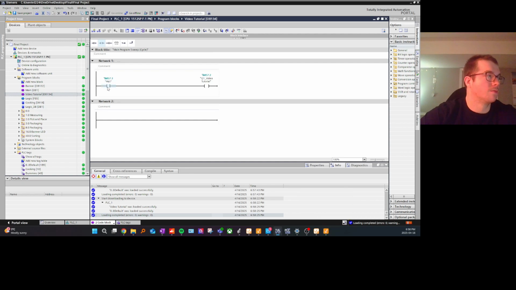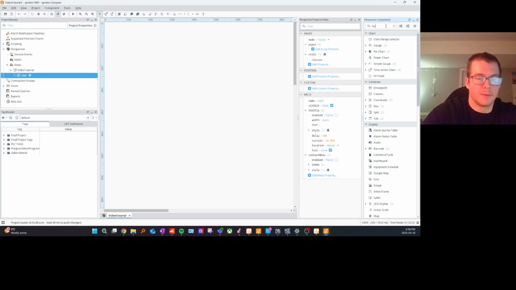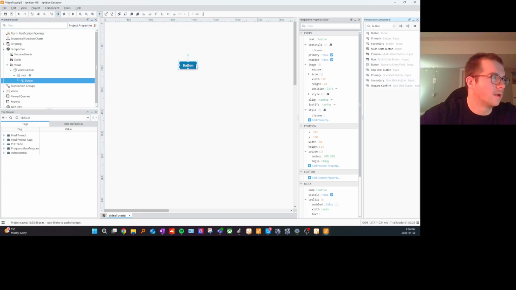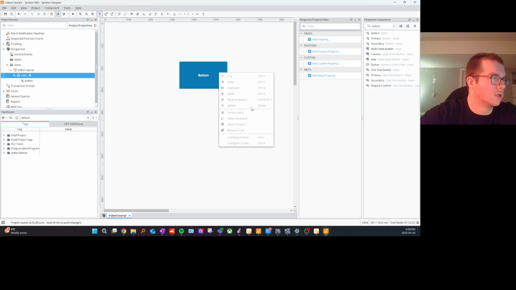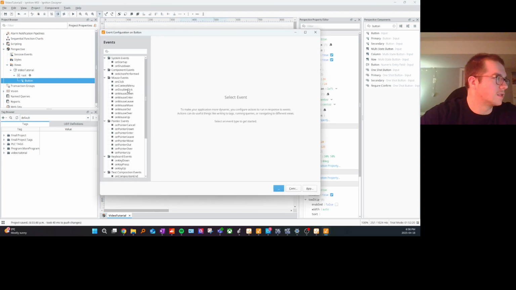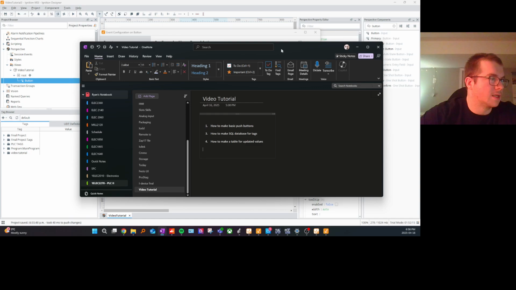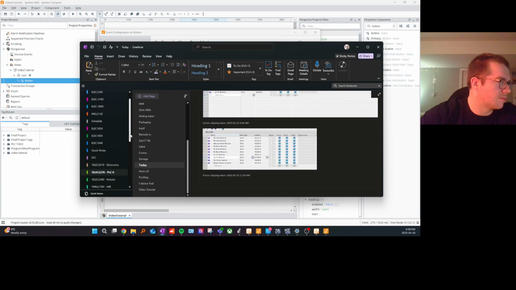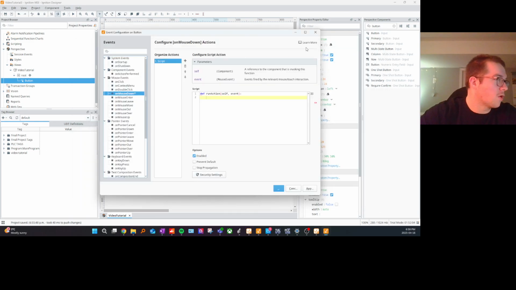Now I'm going to set it so that when I click a button on Ignition, it turns on this push button and then therefore turns that on. Back here, video tutorial, button. Add a button. From there, I don't know. Configure events. On mouse down. I want to add a script. And let me see here. I think I have something copy pasted somewhere. Ignition scripts, yes. I want to copy that. But before I do that,